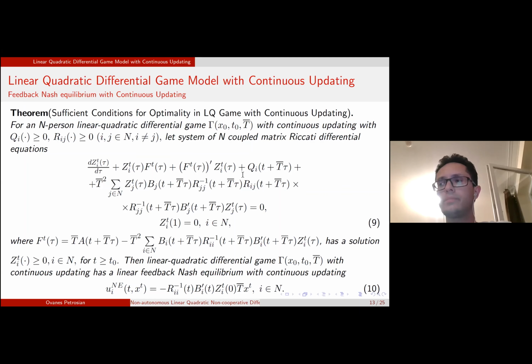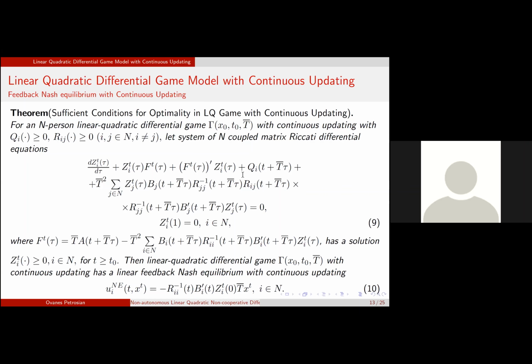Whereas if they don't depend on time, if the state dynamics are time invariant, then you solve only one Riccati equation, as you also indicated, over the interval 0 to t. Because the system does not change over time, you use that solution at 0, you solve it only once, and then you use that in your policy for the players.